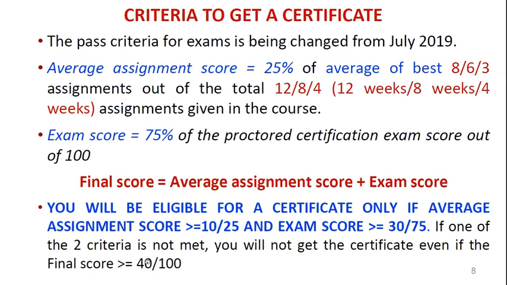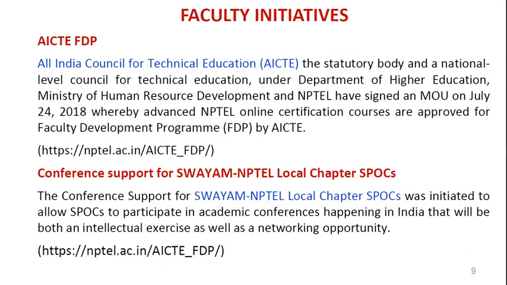So now if your score is above 40, then above 60, or above 90 or 100, there are various types of certificate categories that I will explain based on the overall score. In our certificate, both the assignment score and final exam score will be printed, whatever score you secure. But a minimum of 10 plus 30 we need to secure. Then only we will get a certificate. Okay, later we will see the categories of certificates with sample photos also.